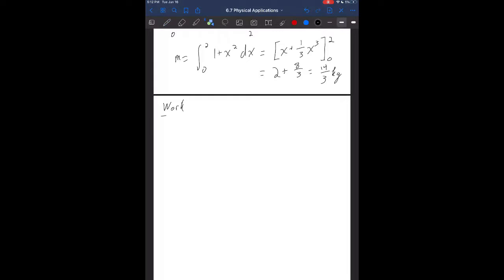So the formula that we have for work is going to be work equals force times distance. So it's how much effort you need to apply multiplied by how long of a distance you are actually applying this. However, similar to the previous problem, if we don't have constant force or we don't have constant distance, we need to introduce integrals. So in this case, we're going to be dealing with variable force. So this is going to be changing depending where we are with